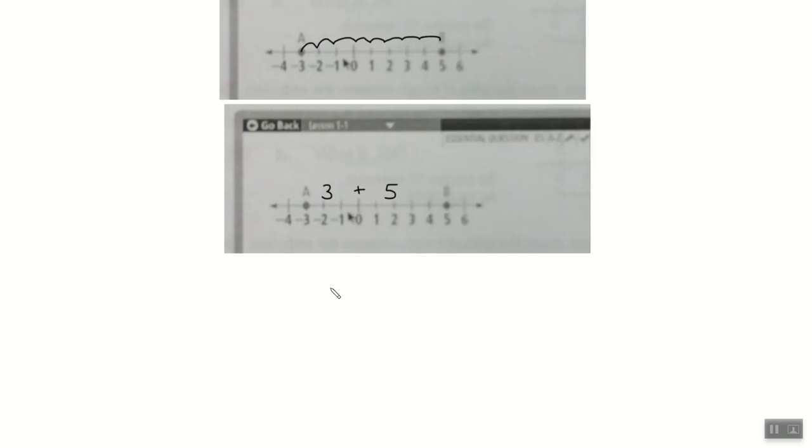So now we'll tie in that absolute value a little bit more specifically. If I wanted to write an absolute value down, how do I write that? What's the symbol for absolute value? 2 lines. It's vertical bars. So if I wanted to, I could just say, what's the distance between 5 and something? And if I'm looking for the difference, what does that indicate? Is a difference a subtraction or an add? Subtraction. So let's try this. One number is 5, and I'm going to subtract and find the difference between that and what? Negative 3.